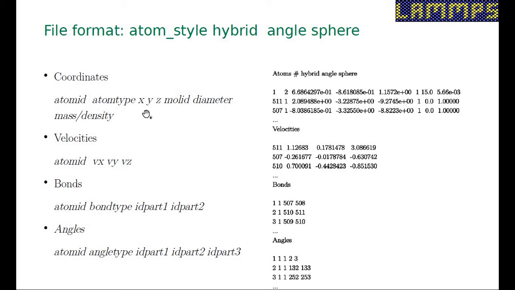And then we put the Cartesian coordinates of the particles, followed by the molecule ID. The molecule ID is an integer number, and then the diameter of the particle,